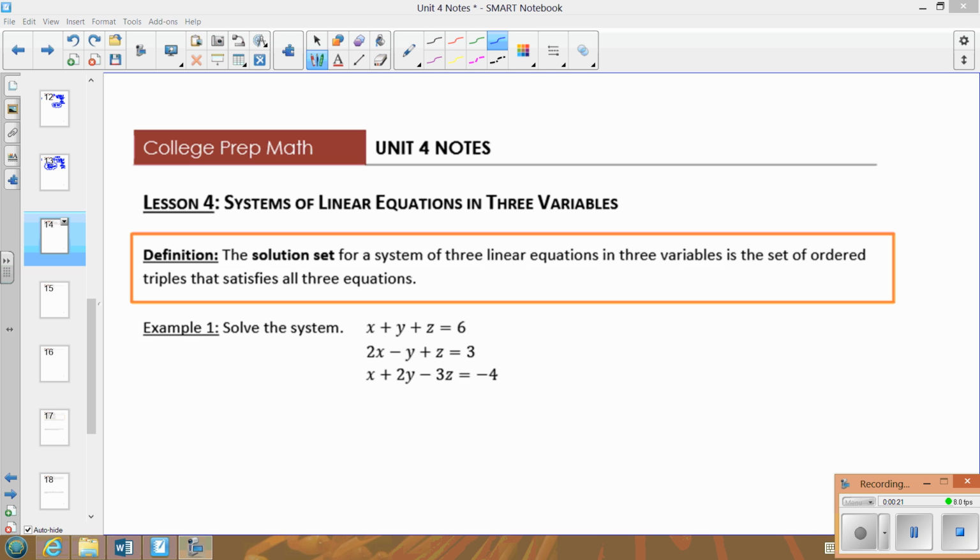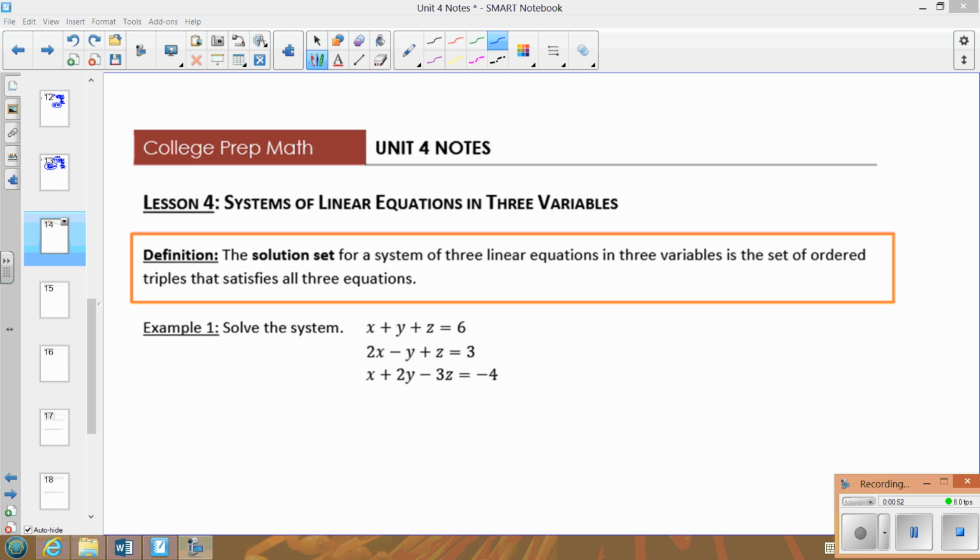So whenever we had two variables, we used a system with two equations to solve for x and y. But now we have three variables. And the process that we're going to use is elimination. So when we get our solution set for these three linear equations, we are going to have three variables as the answers. We're going to have an x, y, and z,